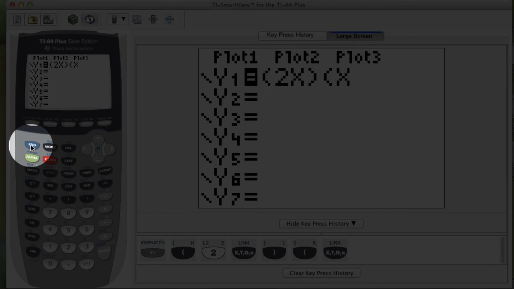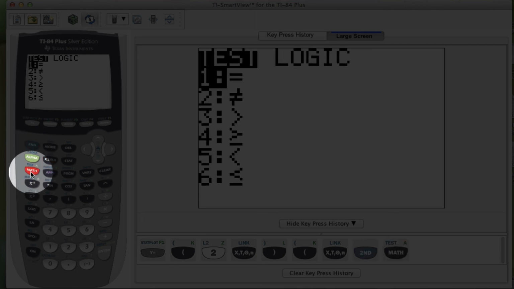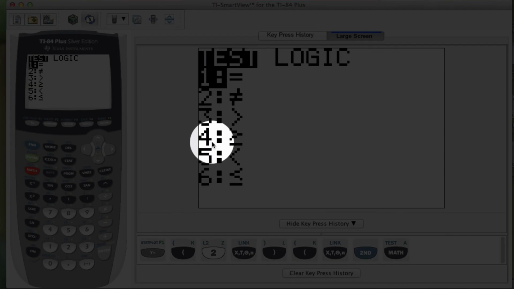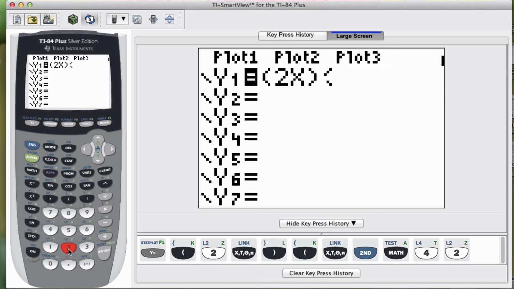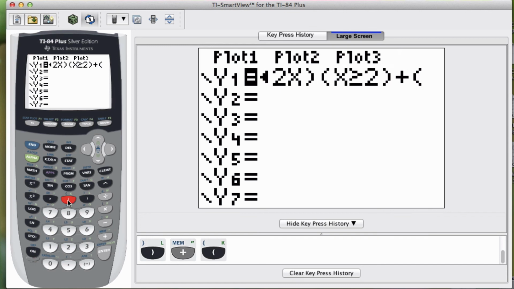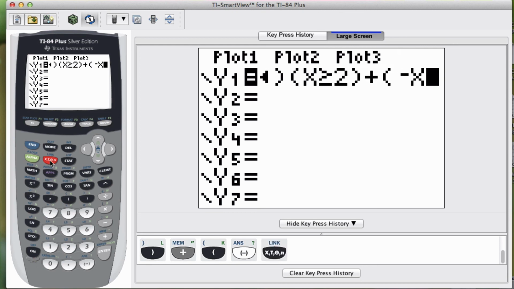To get to our inequality symbols, I'm pressing second, math, and that gives me this menu, and I need to choose greater than or equal to, which is number 4 here. So I'm going to choose option 4 and type 2 and close my parentheses. So this shows our first function. Now I'm going to press plus, and I'm going to add in parentheses negative x, negative not subtraction, plus 3,